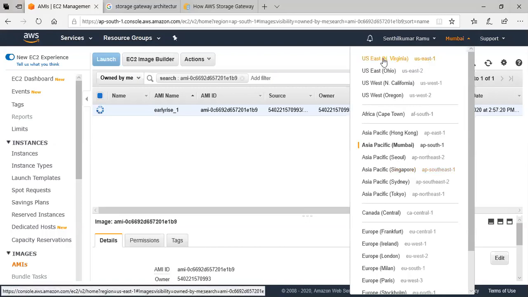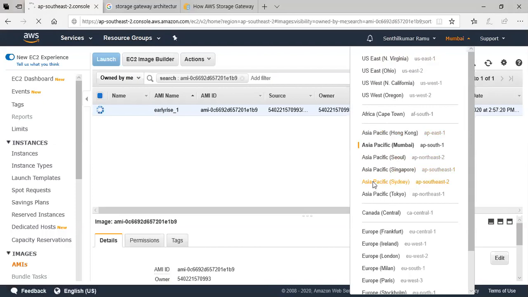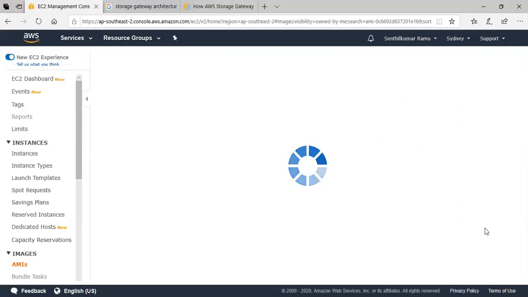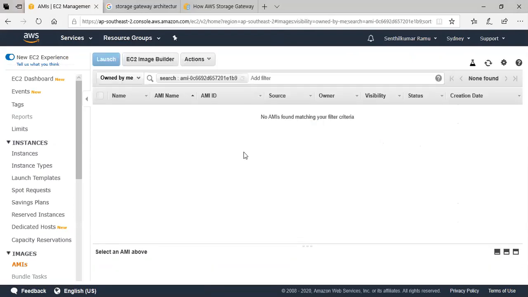Meantime, I'll go to some other region, nearest region, Singapore. See what I've done, I've selected an EC2 instance, which is nothing but a server, and I'm creating an image.